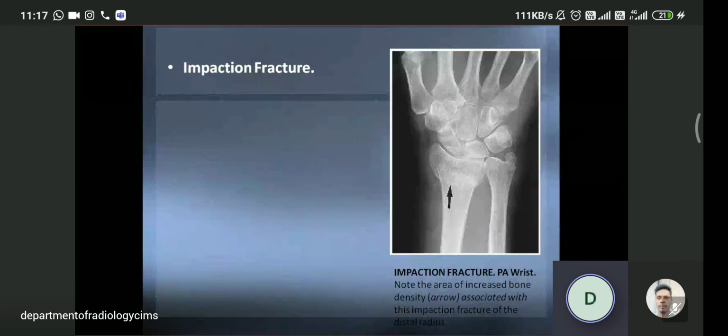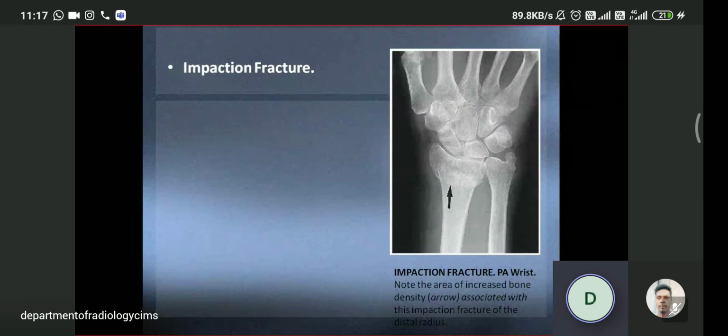There will be 4 options: distal end of radius with posterior dislocation, distal end of ulna with posterior dislocation, distal end of radius with volar dislocation, or distal end of ulna with volar dislocation. So Colles' fracture is the distal end of which bone? Radius. Distal end of radius with posterior dislocation of the distal part. So it is confirmed on lateral X-ray.